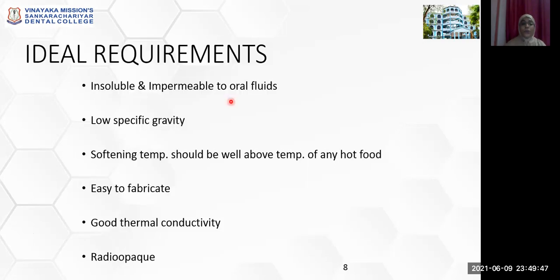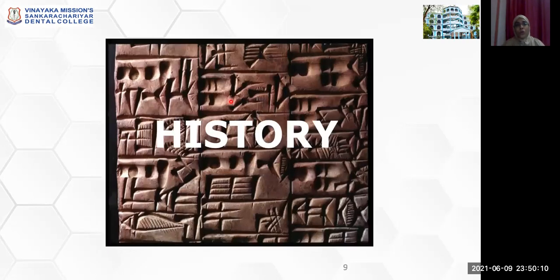Fine. So like that you have so many requirements, and people have been searching numerous different materials which will satisfy all these requirements, and there is no material which is going to satisfy all these requirements. Okay, so we keep searching, we have evolved through years to get to a denture based material which is now being recently used for the people. Okay, so to see the evolution of these denture based materials, we have to briefly see about the history behind this.